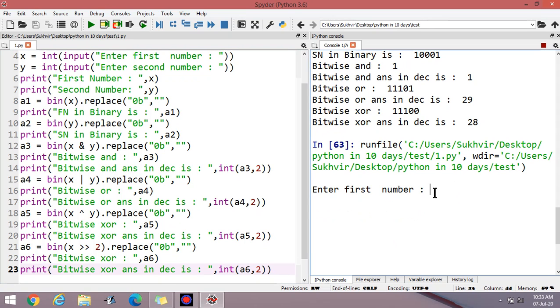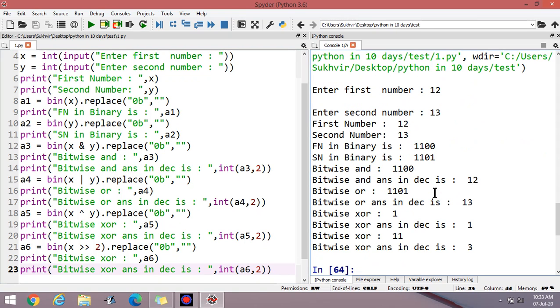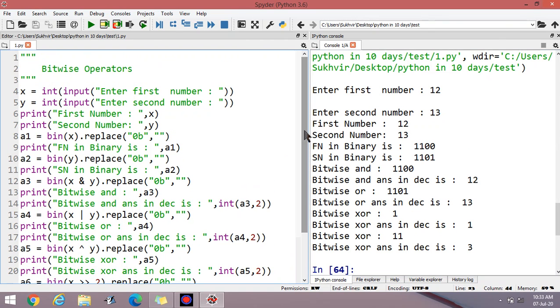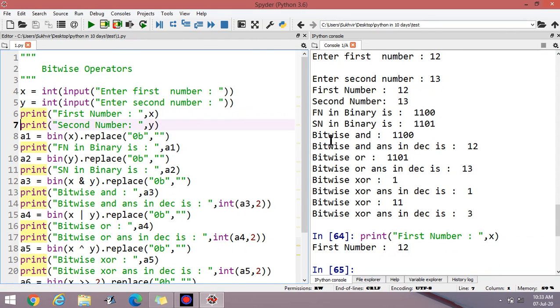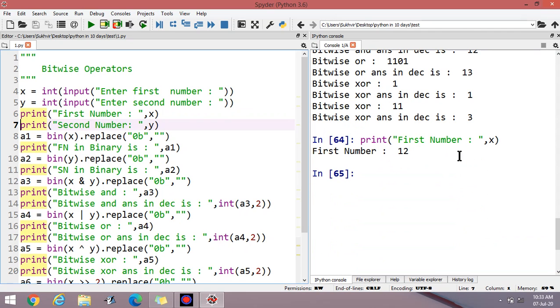The first number is 12 and second is 13. Now check the first value. You can find out the selected content also. That's the first one. First number is 12.